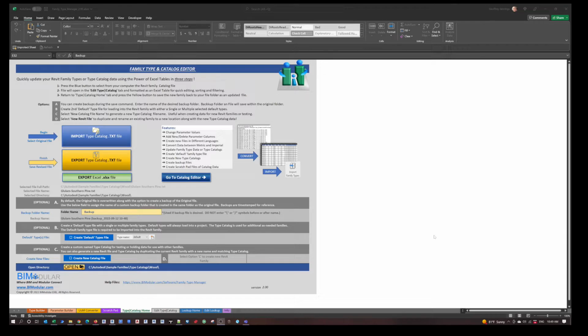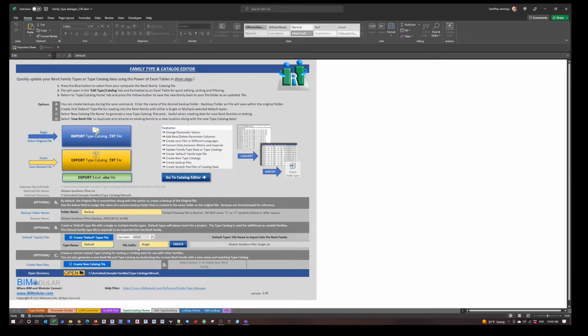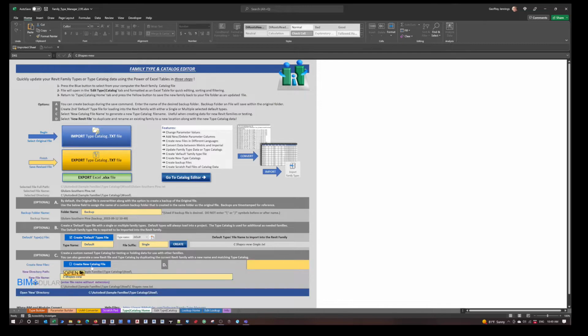push the data back out of Excel, back into Revit, generate Excel files from your type catalogs to share with other people, generate backup files, create default type catalogs, for both single default types and multi-default types, and also create new type catalogs and duplicate Revit families. You create those Revit families with a new name and a matching catalog in case you're doing international families or different manufacturer needs,